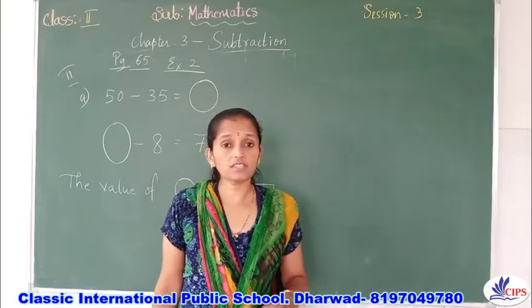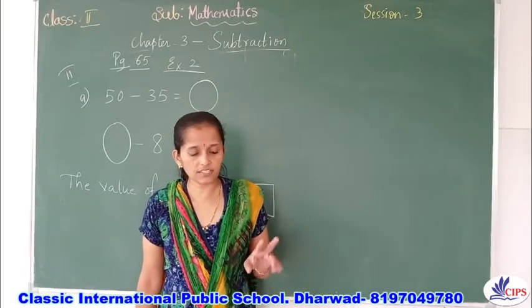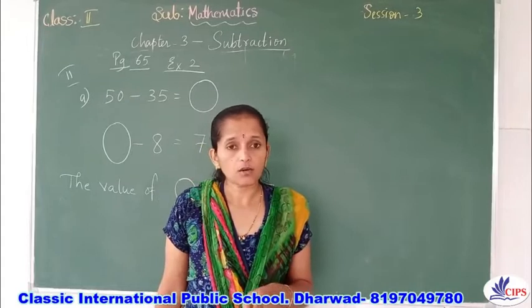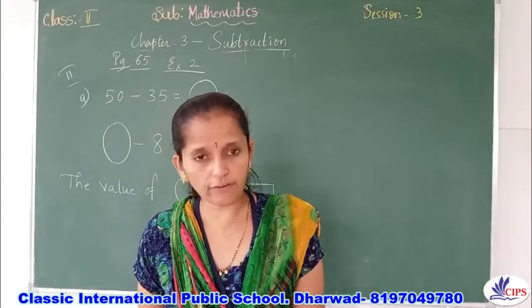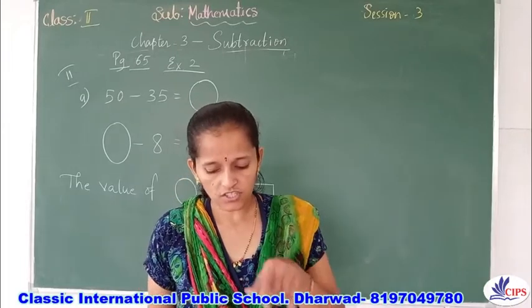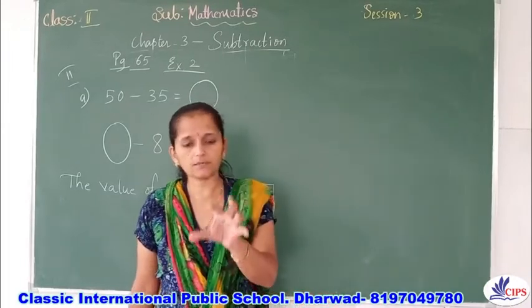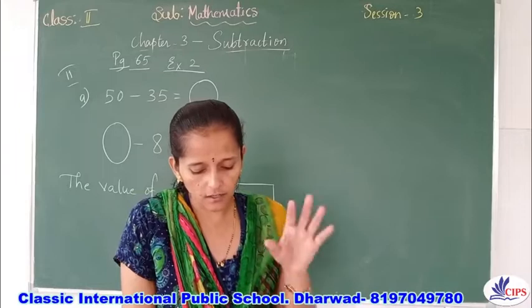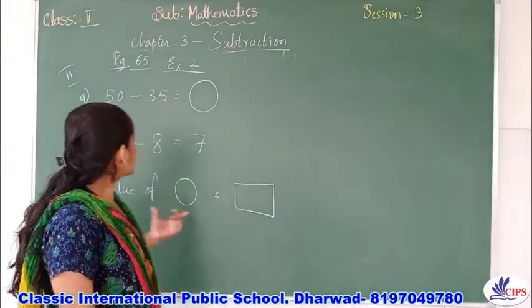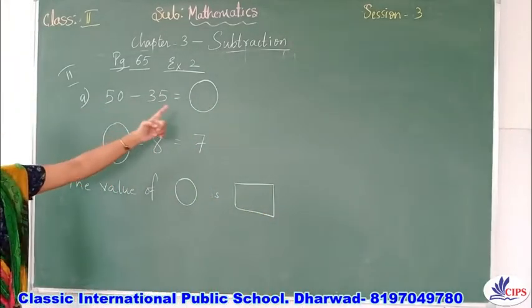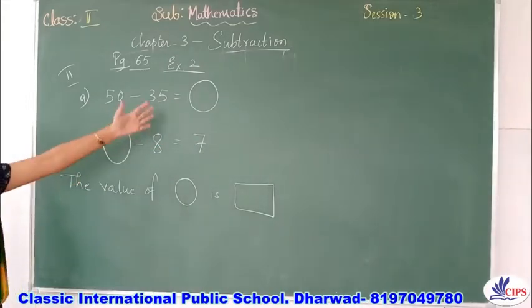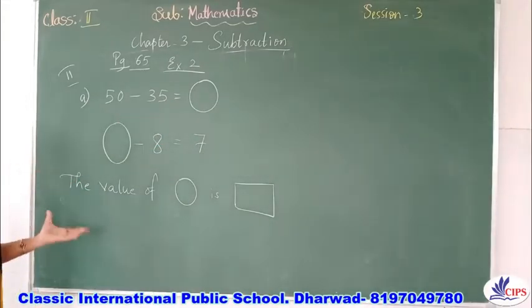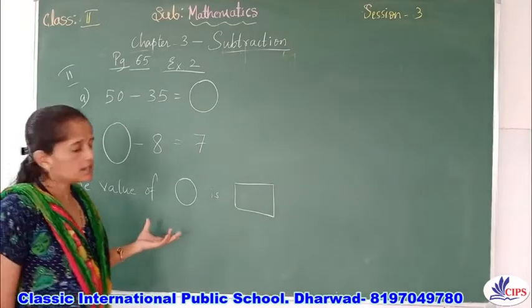Children, now we are into the second exercise, that is page number 64 and 65. On page number 65, second main, complete the number sentence to find the value of the round shape. They have specified shapes, that is round and some rhombus shape. The first one is like this: 50 minus 35 is equal to the round shape they have given, colored orange and blue. We'll do whatever is subtraction.